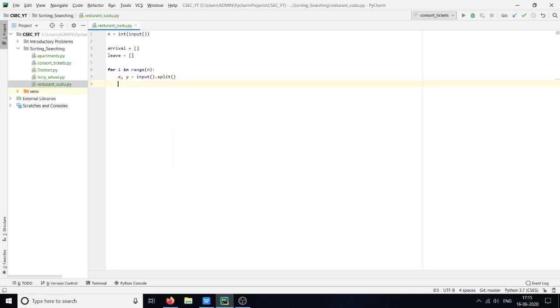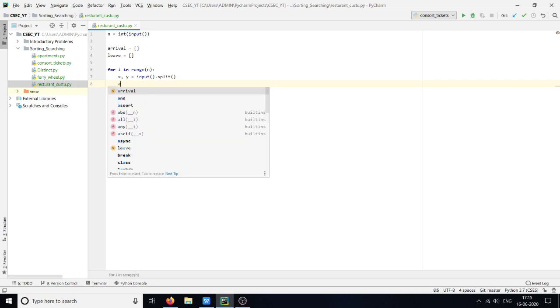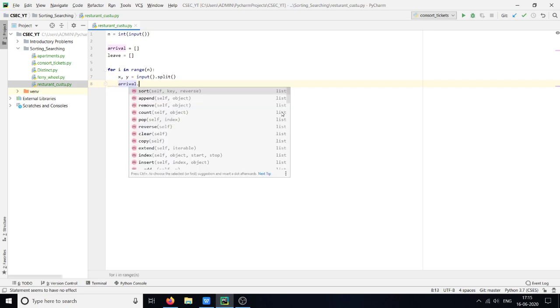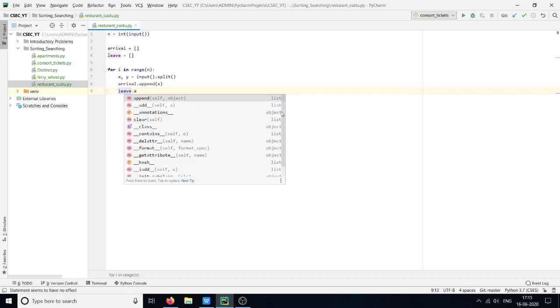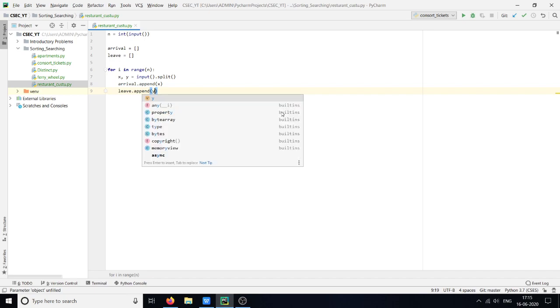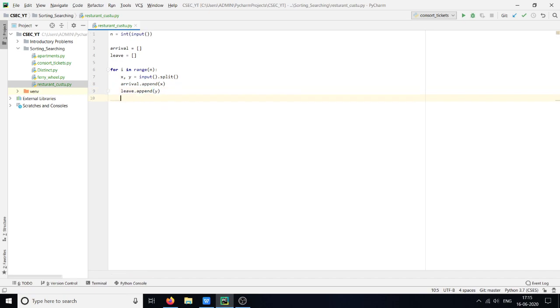So here x will be the arrival time. We will append the arrival time of every customer into the arrival list, and we will append the leave time of every customer into the leave list. So here we have 2 lists with all the arrival and leaving times.